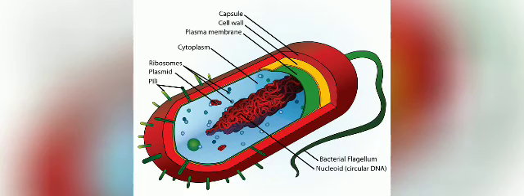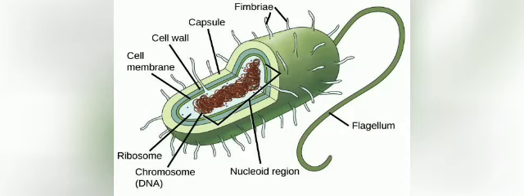Right? See, in some organisms like bacteria, the nuclear region of the cell may be poorly defined due to the absence of nuclear membrane. Such an undefined nuclear region contains only nucleic acid and is called nucleoid, which you can see in the picture, the nucleoid. And such organisms whose cells lack a nuclear membrane are called prokaryotes.